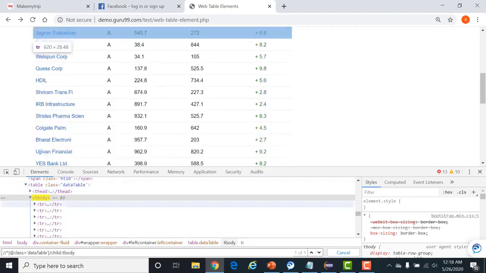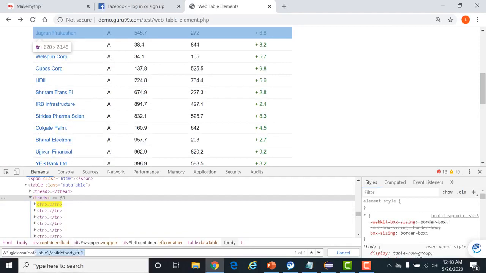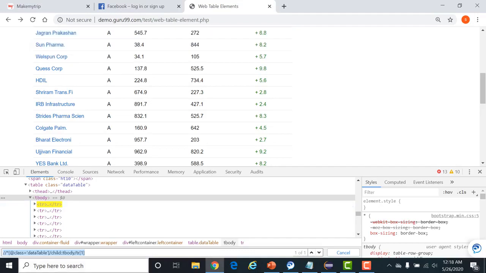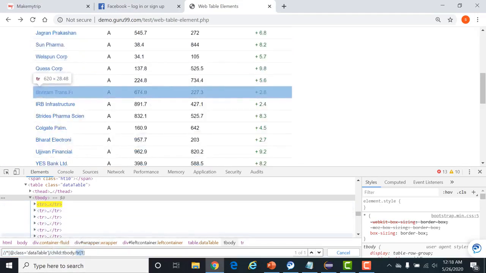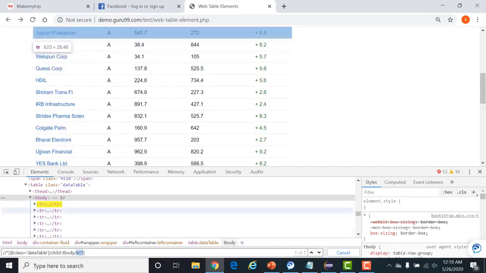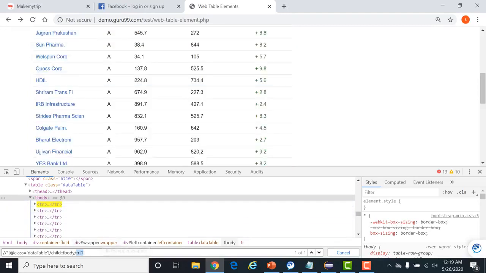Inside that we have the TR tag. Right? What I say, I want to select the first TR. Now it is on the first TR, right? Now with the help of this particular TR, I want to select all the siblings. These all are the siblings of TR which are sharing the same parent as tbody.